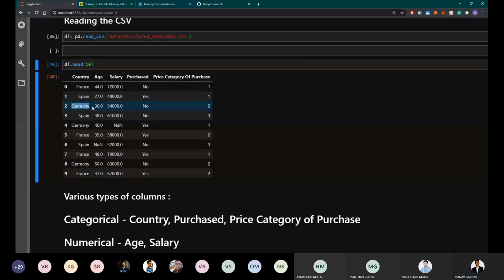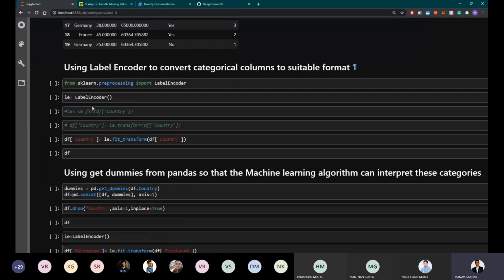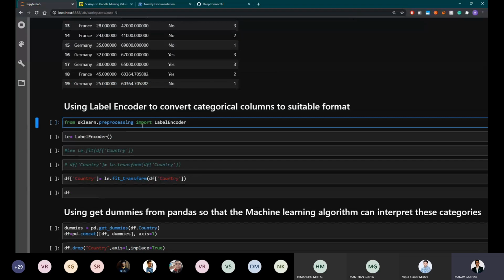So what we're using here is from sklearn, yet another library, yet another thing. If you haven't seen it before, I'm sorry, you just have to bear with us. This is basically scikit-learn. We'll be using it a lot, so it is something that you should see, although you can learn it on the go, it's not that big of a deal. So we use the label encoder function here.